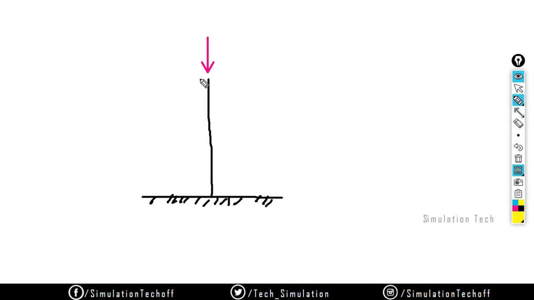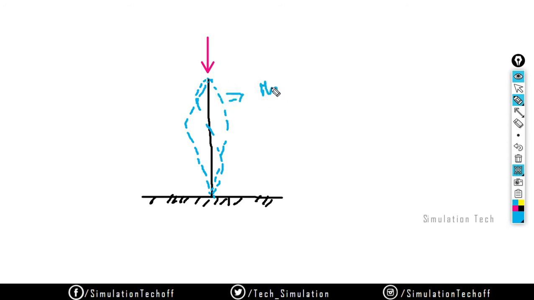It may move in this manner, it can buckle like this, or else it can buckle like this, or like this. So there are three configurations, like shape 1, shape 2, shape 3, or E1, E2, E3, you can name it anyway. This is called mode shape.